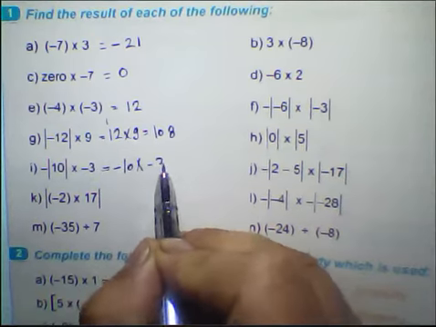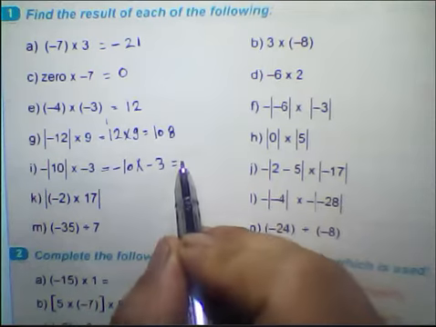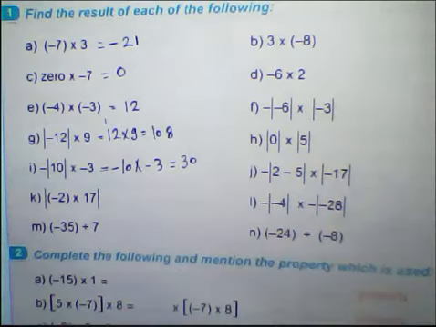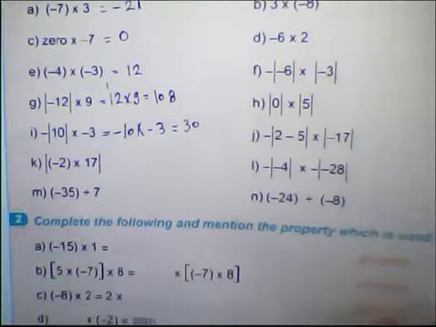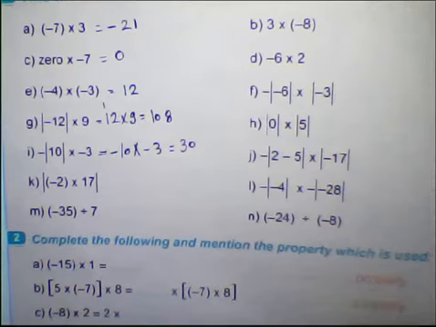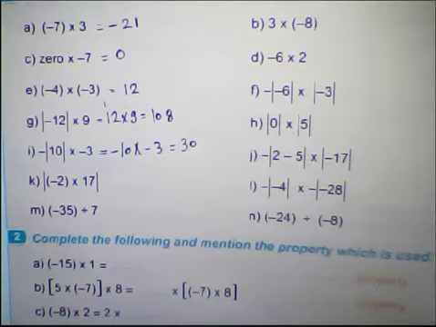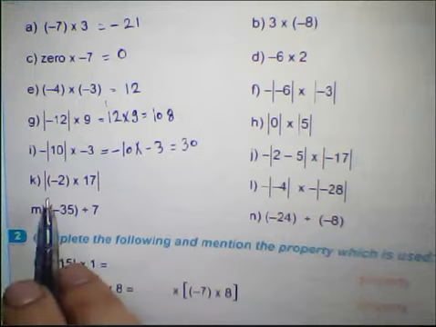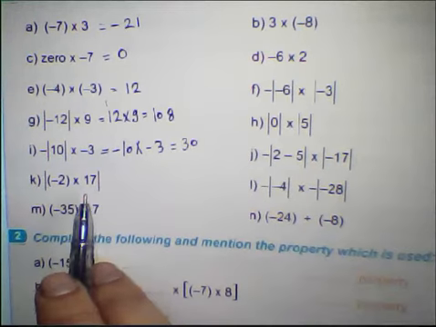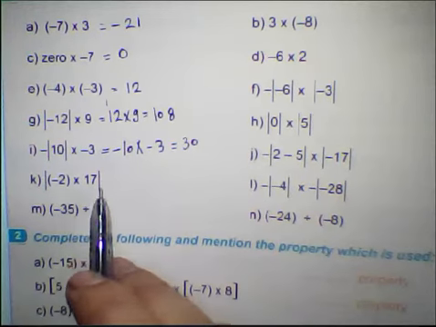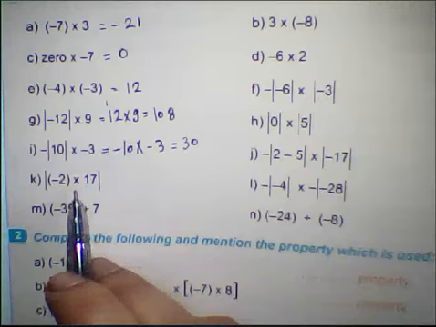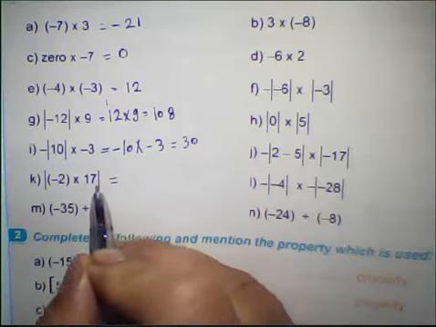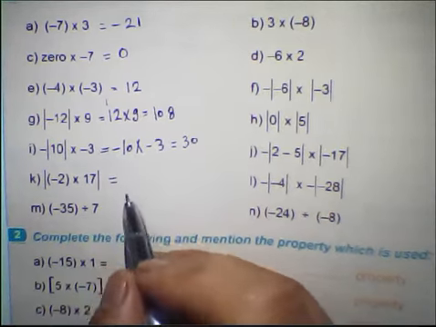Multiply negative 3. The result will be 30. Because negative multiply negative equal positive. Letter K. The absolute value of negative 2 in parentheses multiply 17. The result will be positive because the absolute value of negative will be positive. So the result will be 2 multiply 17 equal